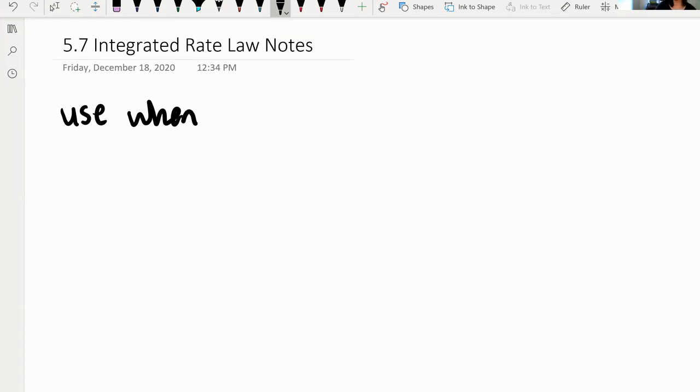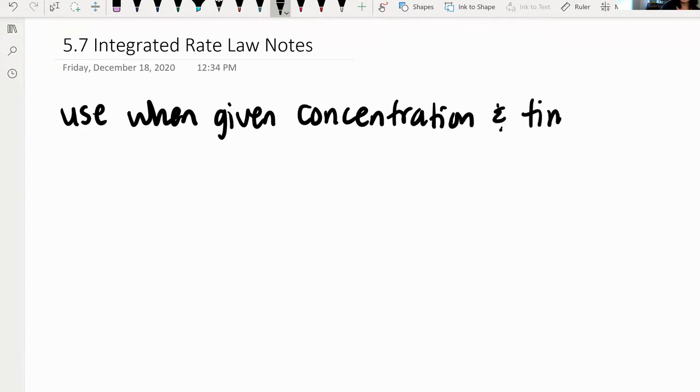And the type of data given to you just depends on the experiment that they're running and the equipment and the reaction that we're doing. Sometimes we prefer the way we learned last week with a differential. Other times we're going to have to go this way. So we're going to use integrated rate laws when given concentration and time data. Use this method when you're given concentration and time data, and you're going to see what that looks like in